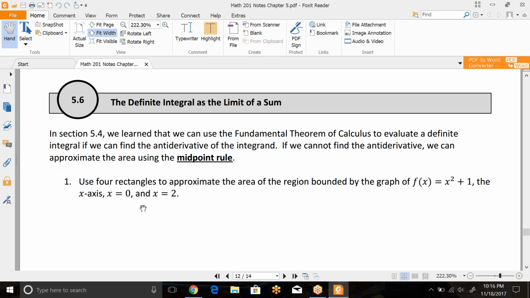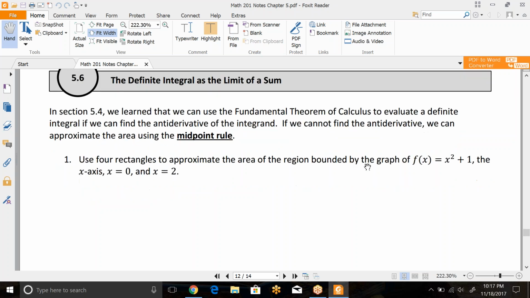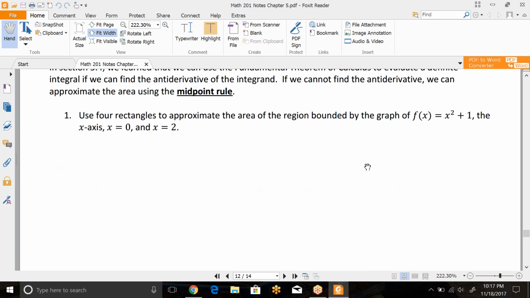So in section 5.4, we learned that we can use the fundamental theorem of calculus to evaluate a definite integral if we can find the antiderivative of the integrand. If we cannot find the antiderivative, we can approximate the area using something we're going to teach you called the midpoint rule. But before we teach you that, we're going to show you how to do one where we don't